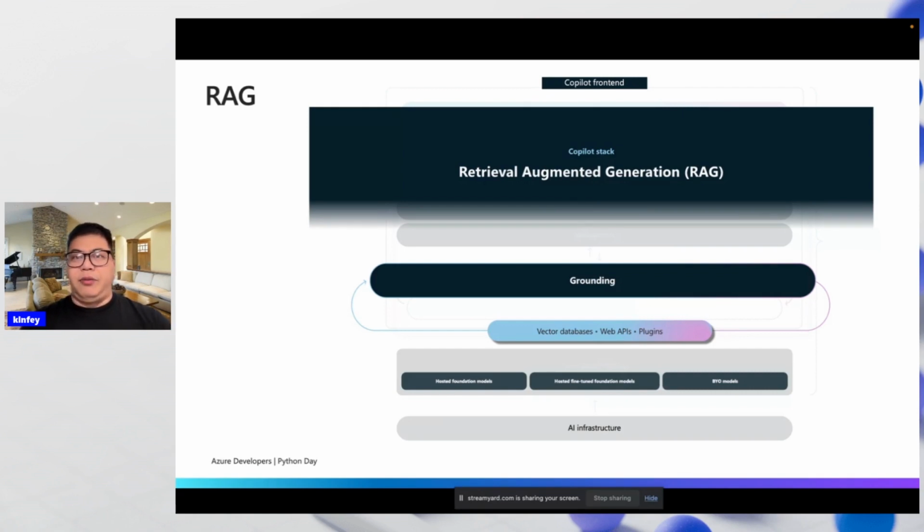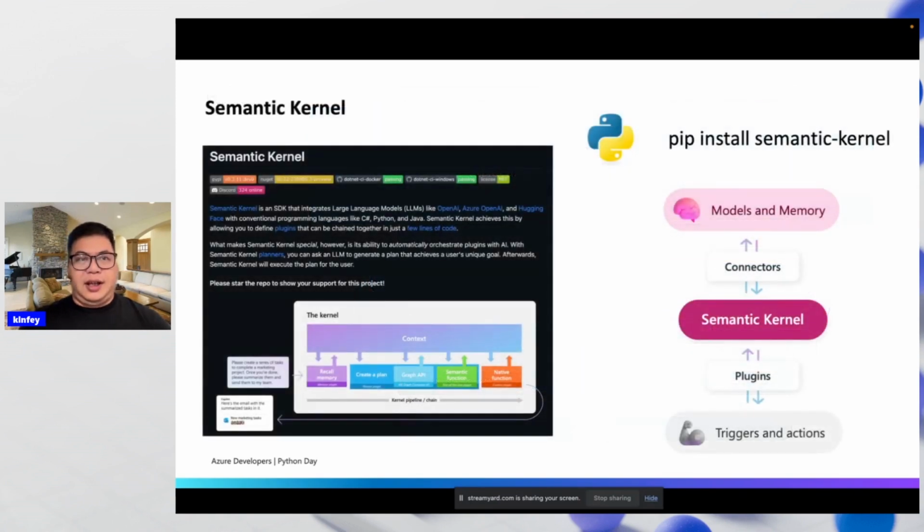You can watch many videos, like the ones on YouTube that show you how to create a RAG solution in 5 minutes. But this time I will tell you how to create your first Copilot. Many people choose LangChain, but I think Semantic Kernel is a good tool to help you use the Copilot Stack to finish Copilot applications. I love to use Semantic Kernel.